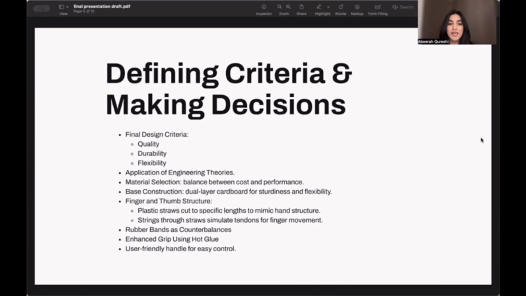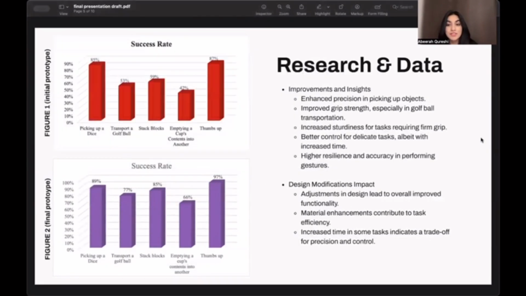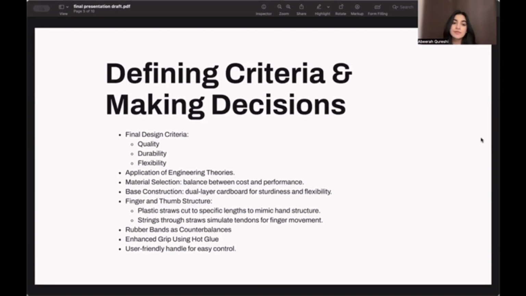Hello, my name is Abira, and this is the final presentation for our group. I will be doing the defining criteria and making decisions section, as well as the research and data section of our presentation. So in defining the criteria for our prototype, we looked at three main things for the design: the quality of it, the durability of it, and the flexibility. This allowed us to make a prototype that would be long-lasting, efficient, and would complete all the tasks that it